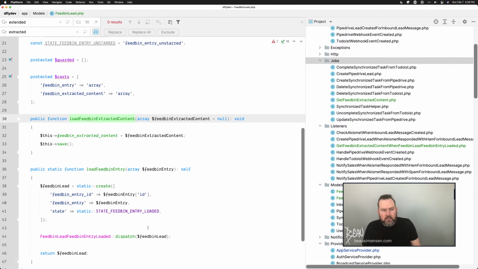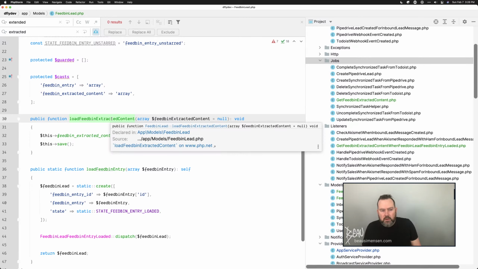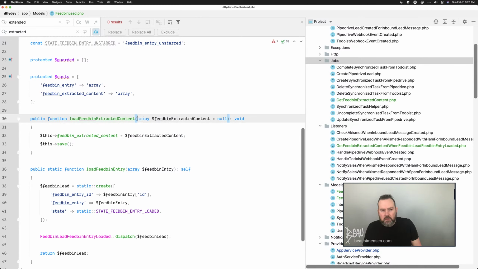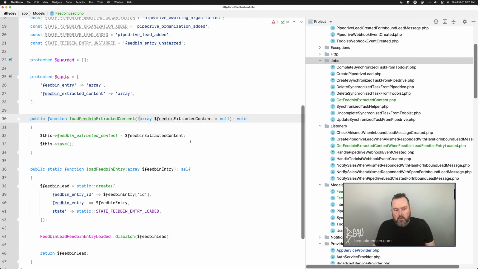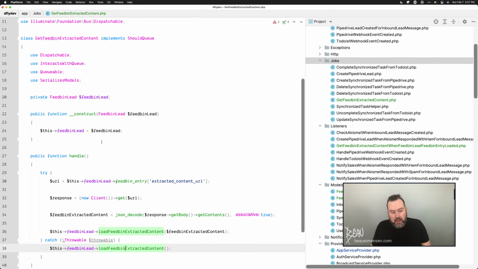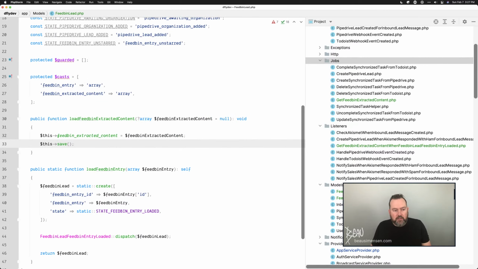Because I think I'm going to try and make the rest of the code be okay regardless of whether this actually causes a problem or not, or whether or not there is extracted content. So if there's extracted content, we're going to use it. If not, we'll rely on the regular content. So we're still going to maybe be able to leverage some of this. And that also means, in theory, that we should always be able to throw the next message or the